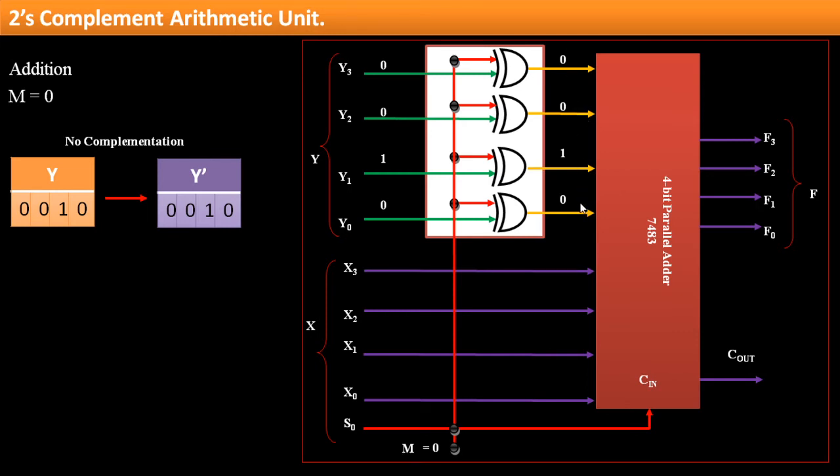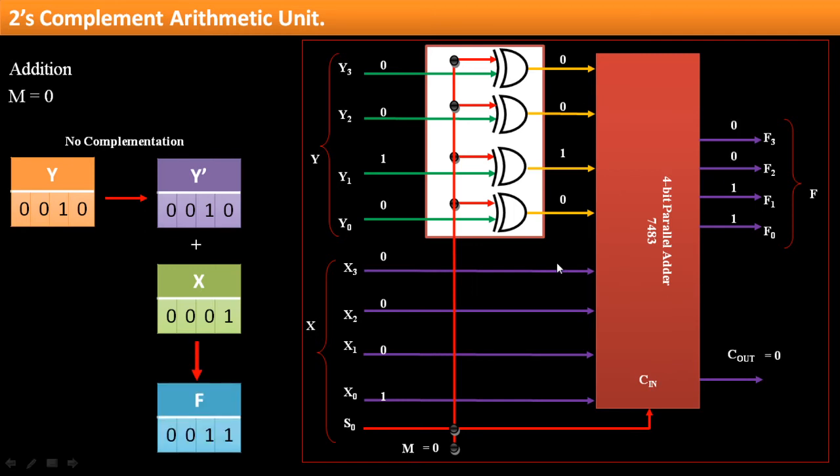Now, similarly, if we have input at x, which is 0001, that means it's 1, and it has been provided to the other section of the 4-bit parallel adder, and M is 0 means C in is 0, that means the carry in from the previous bit is 0. So the inputs of the parallel adder is presently having 2 and 1, so result should be 3 at the output. So after the inputs are available at the parallel adder, the output will be 3, as evident from the diagram. Now let's move on to the subtraction.